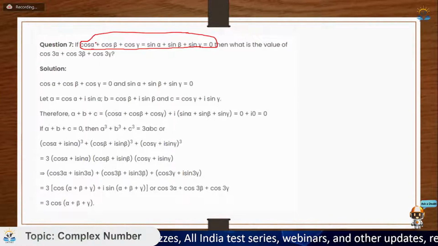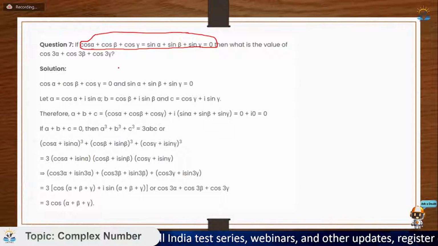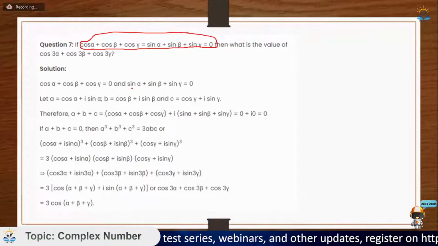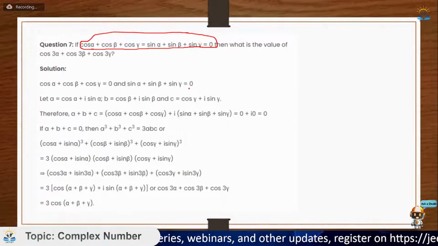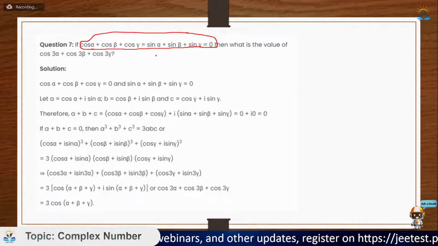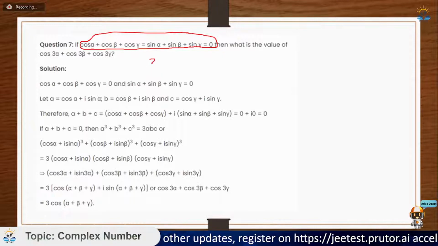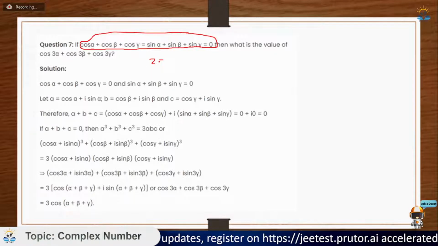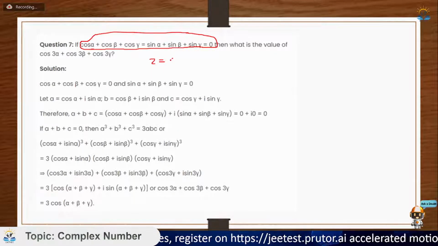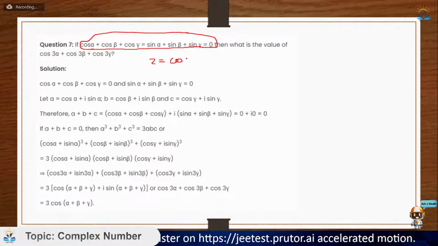So these two equations are given to you: cos alpha plus cos beta plus cos gamma equals 0, and sin alpha plus sin beta plus sin gamma equals 0. So how to convert it into complex numbers? We know that De Moivre's theorem says that a complex number can be written in trigonometric form using cos